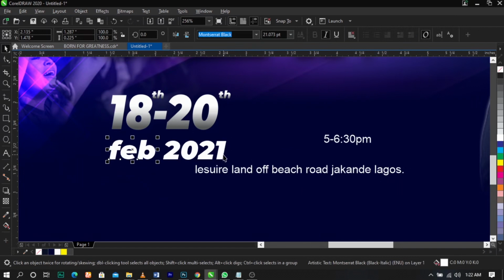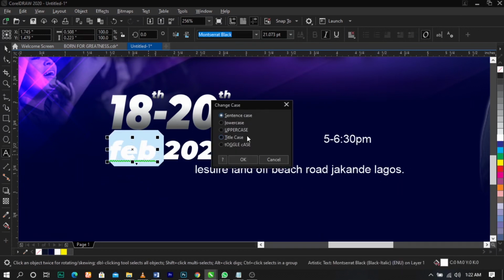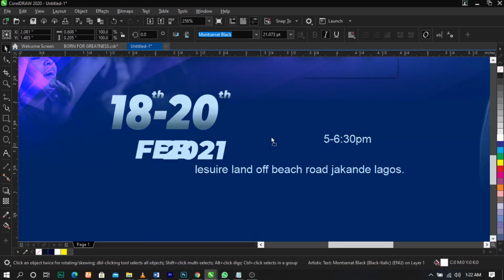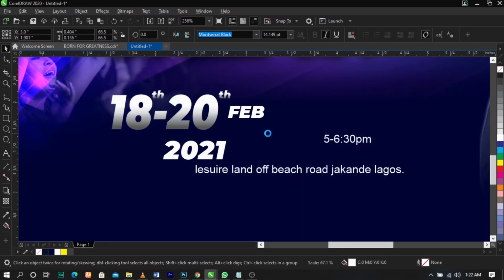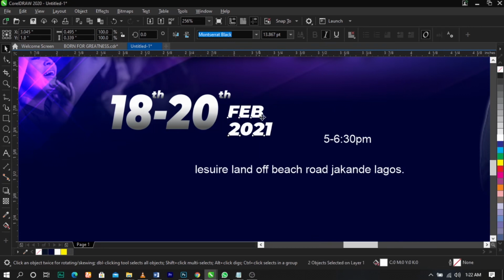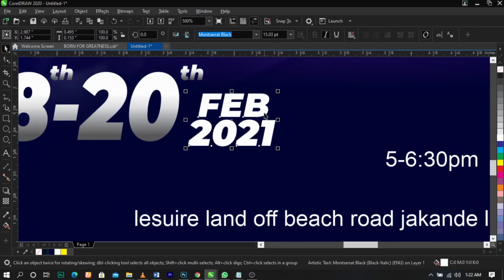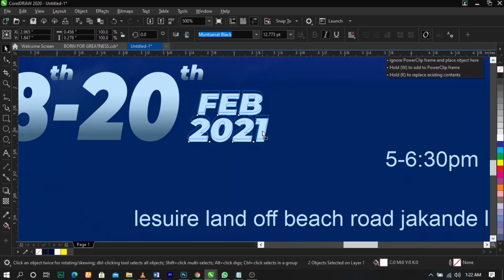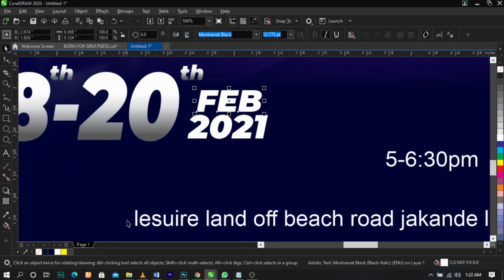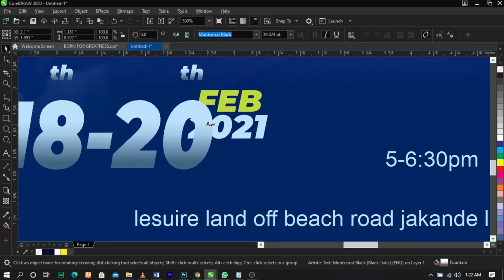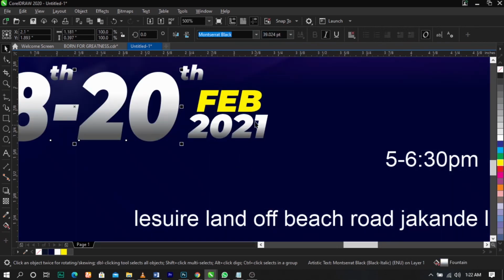Now break this apart, change this to uppercase and bring it over here, also to this. Now the next thing we're going to do guys is change this color to yellow and leave this to this. All right, so